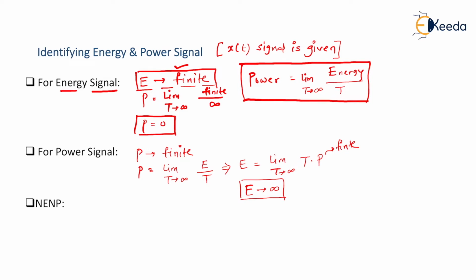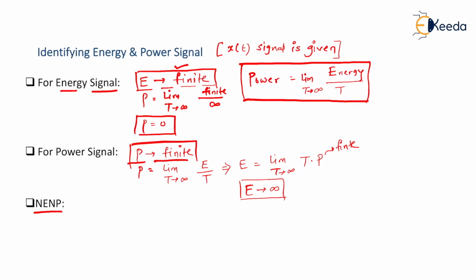So let's come to the conclusion. For a given signal x(t), if power is finite, because of which energy becomes infinity, such a signal is called a power signal. Therefore, I said in the last video that there is no signal for which energy is also finite and power is also finite, because of the relation between energy and power. That formula does not really allow both quantities to become finite at a time.